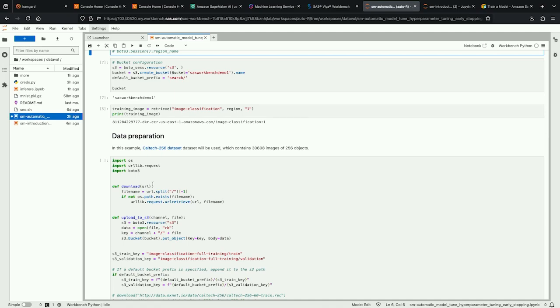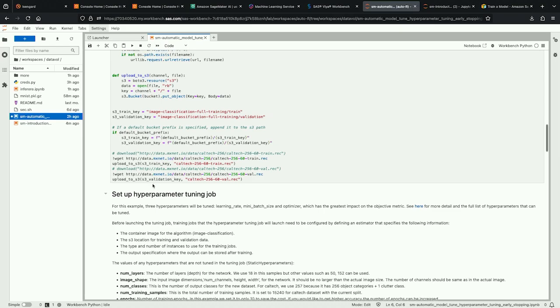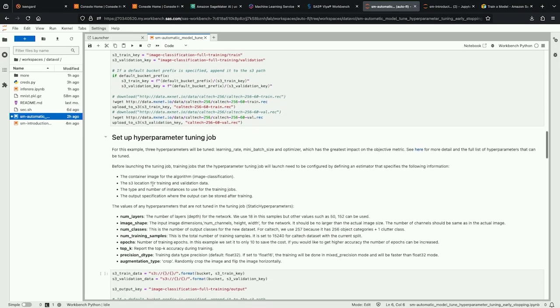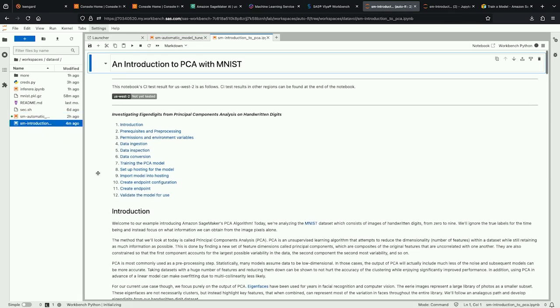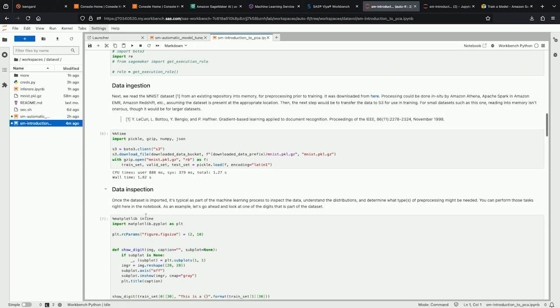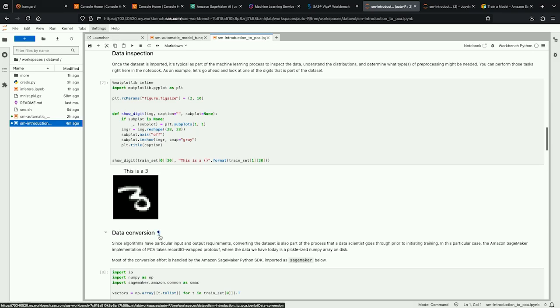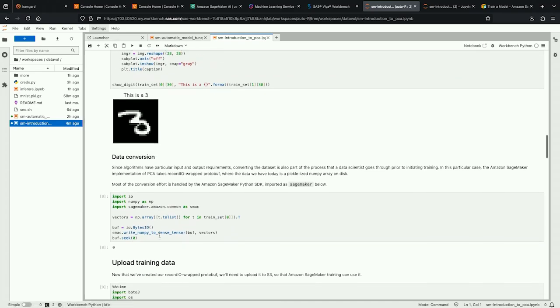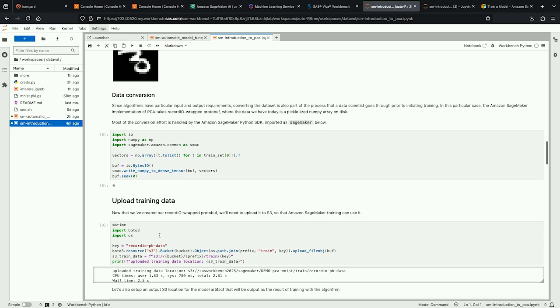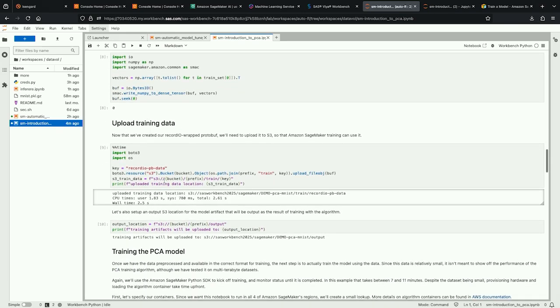Okay. And so we get the training data essentially. This is easy. And so you acquire your data, and then you discover your data. In this case, we just read. This is an image classification problem. And then you prepare your data, and that's when you upload it to S3.